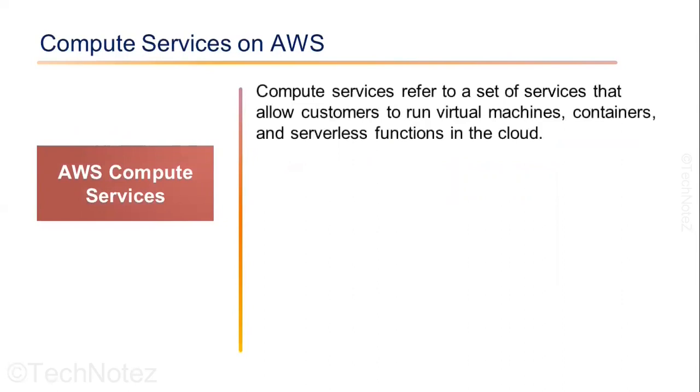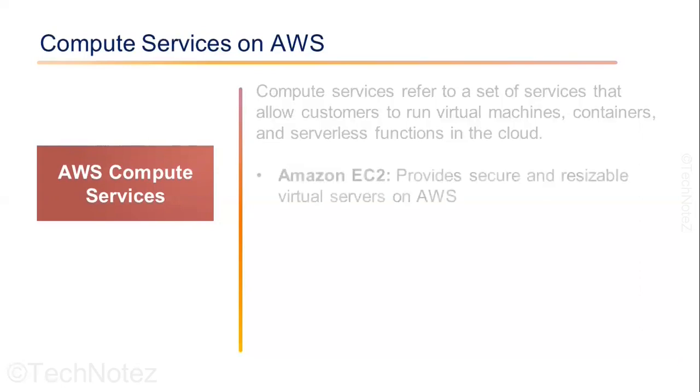At a high level, a compute service is just a service that enables you to leverage cloud-based virtual machines for your workload. Let's say you need a virtual machine on the cloud for your application hosting; compute services help you to create that virtual machine. There are different compute services, such as EC2. Amazon EC2 is a fundamental core service on AWS.